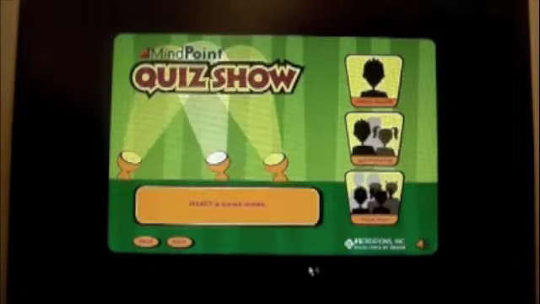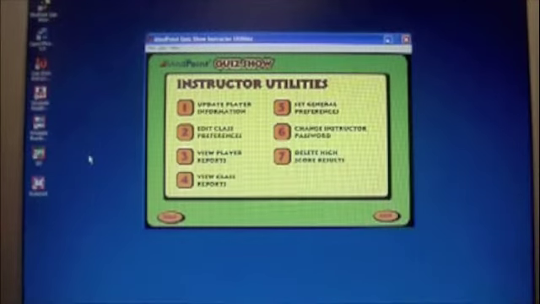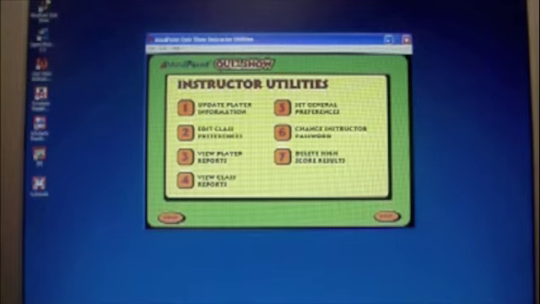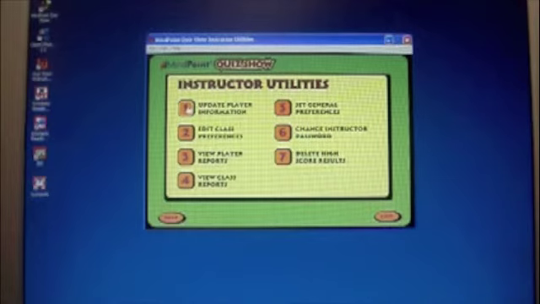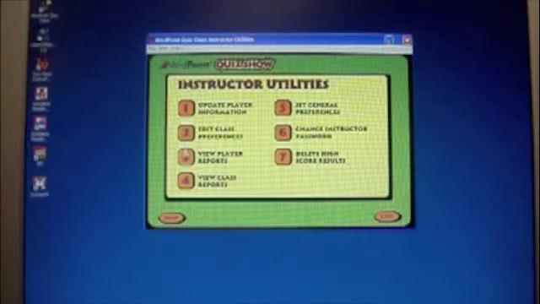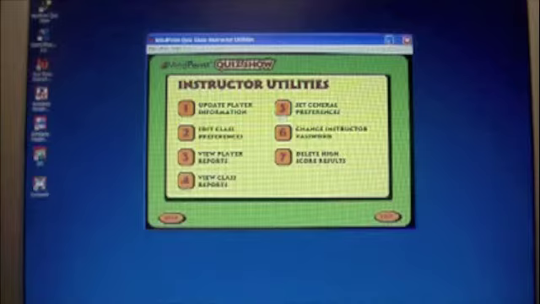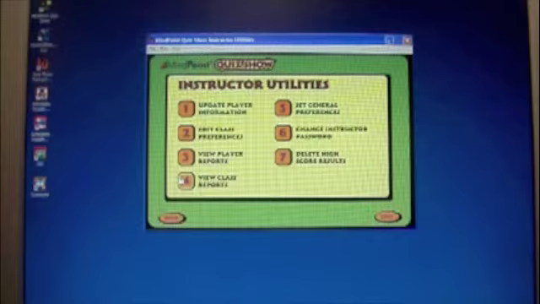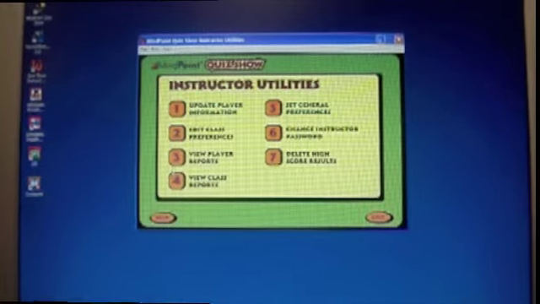Now I'm going to exit, and I'm going to log in as a teacher. The cool feature about the quiz show is that it provides instructor utilities in which you can update player information, edit the class preferences, view player reports, and view class reports, as well as the general preferences and the passwords and stuff like that. But I think the most important are number 3 and 4, because as part of our criteria, we paid close attention to the assessment, and this is a perfect way for us to